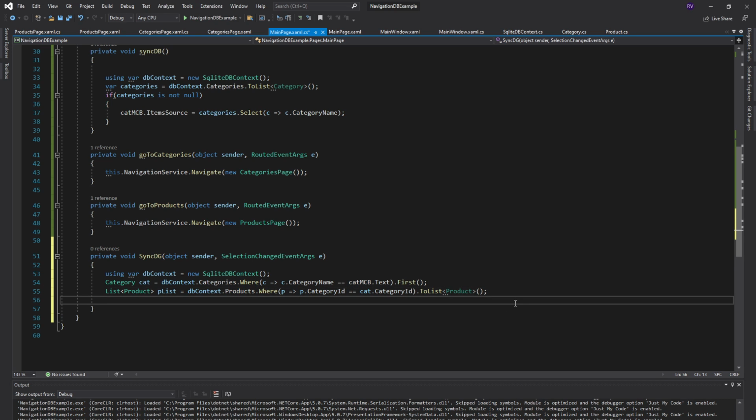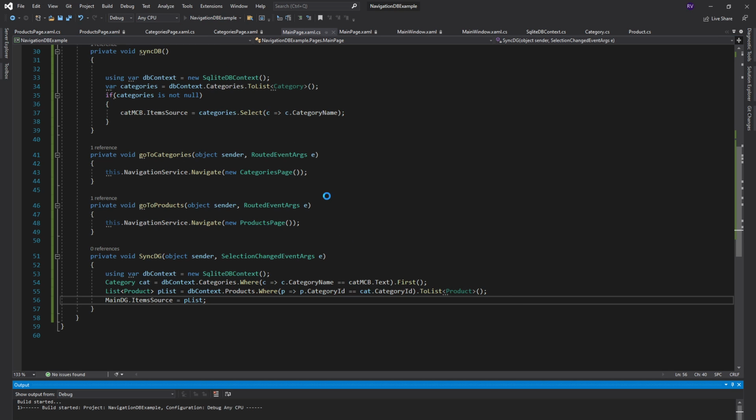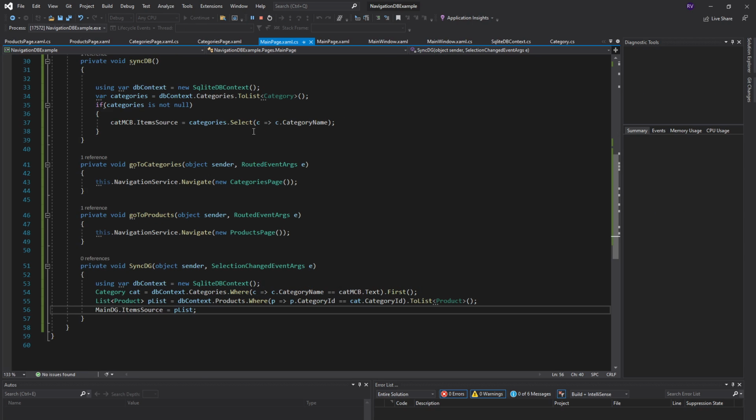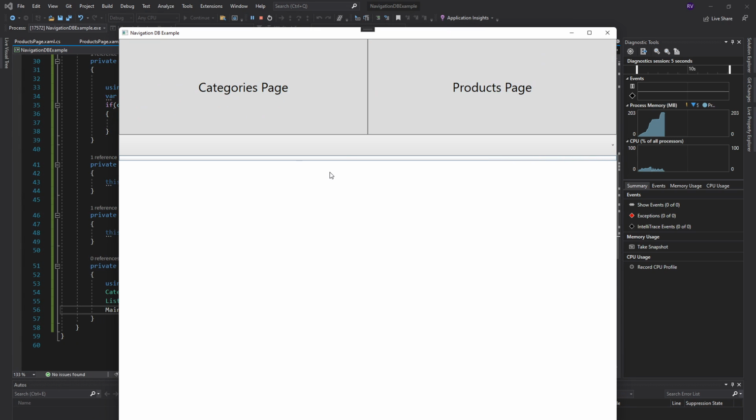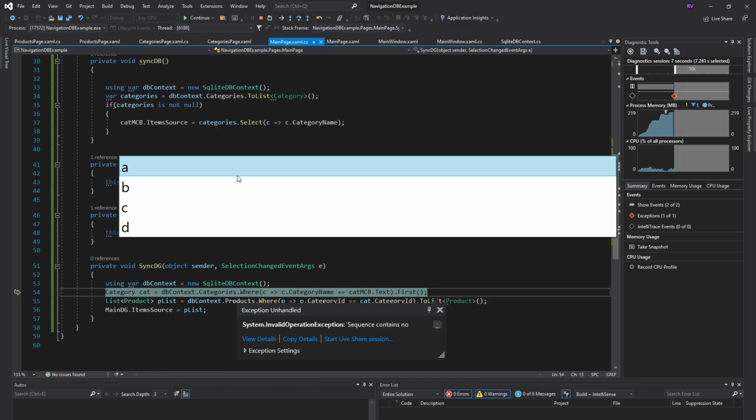And doing that, we just need to do our main data grid.ItemsSource equal to my list. And that should be enough. So that data grid should be empty most of the cases until we select C here. So if we do A, oh yeah,